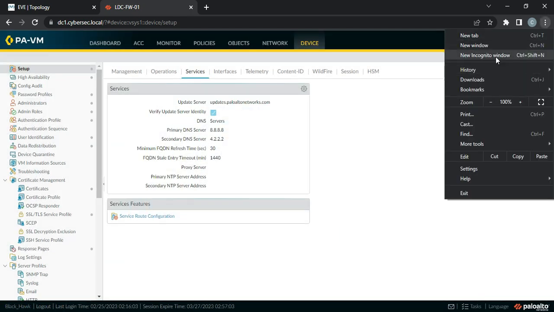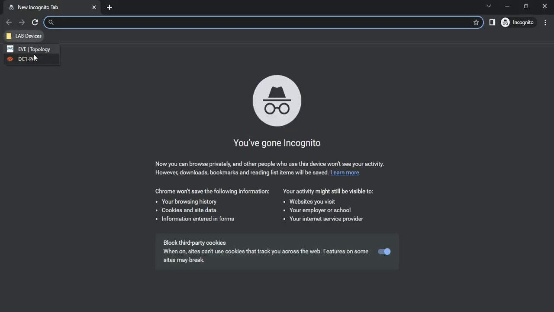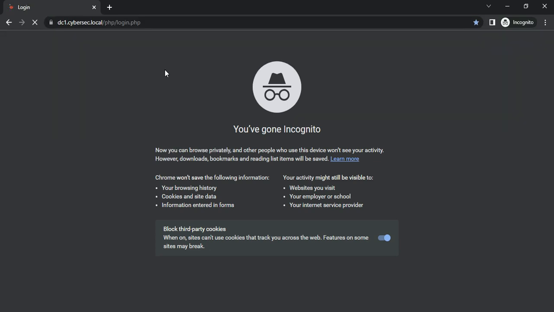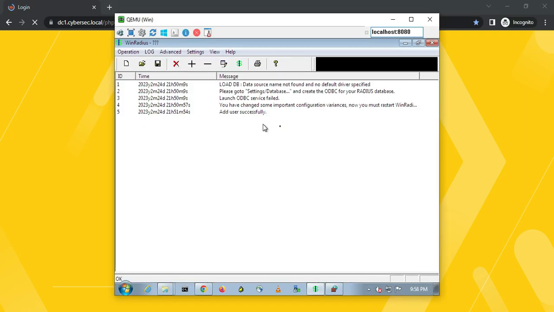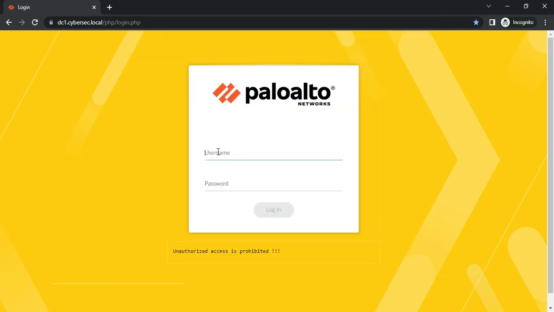So now if I go incognito, and try to log in to my firewall and enter the credentials, here if you are able to see the logs that user credentials entered, verified or not, it means you are able to reach your server. If you are not able to see the logs, it means some sort of problem is there between the firewall and the server. So if I try now,